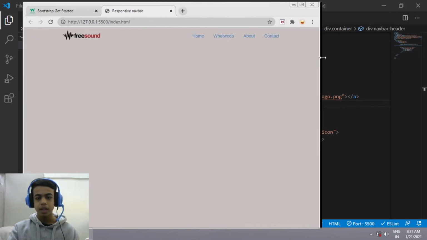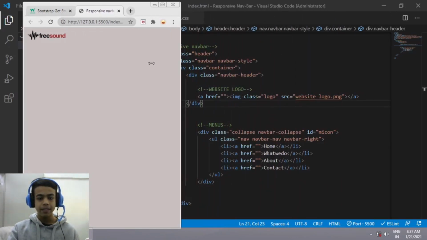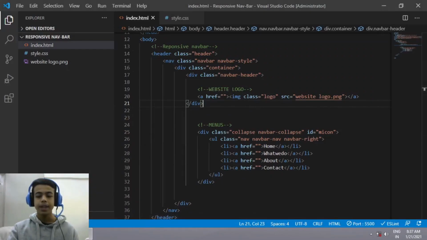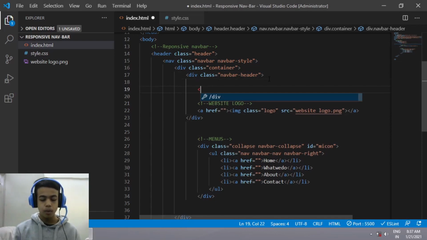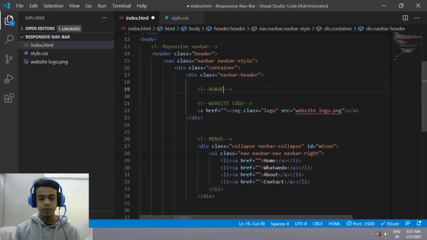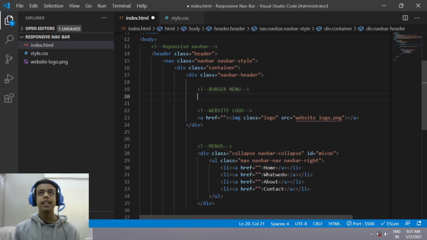as you can see. Now when it's going to the mobile device, my links are disappearing, so I'll be adding a burger menu for it. So let's create a burger menu. Under the navbar-header, I'll be giving it a comment that will be burger menu. That means 3 lines. Okay, inside that I'll be creating a button,